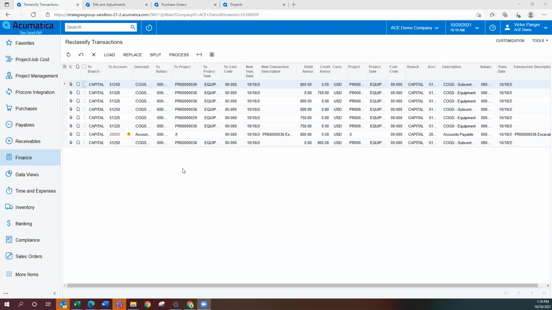Okay, all right, so I'm going to share my screen. And I'm going to show you the updated reclassification functionality and the new project dropship purchase order type included in 2021 R2. So in previous versions of Acumatica, the reclassify transactions functionality was limited in that users were only able